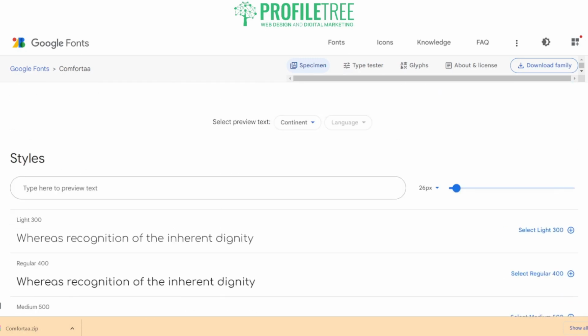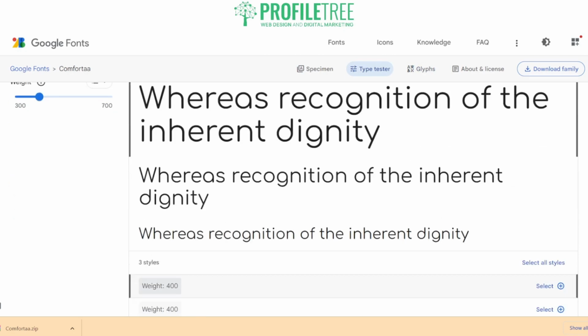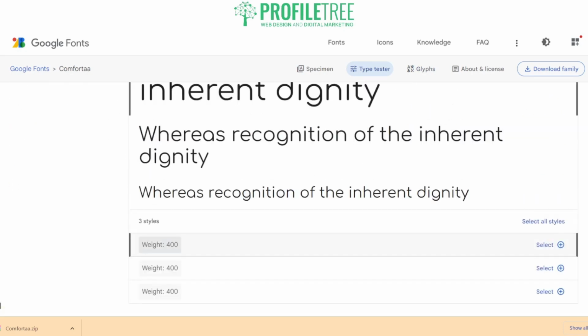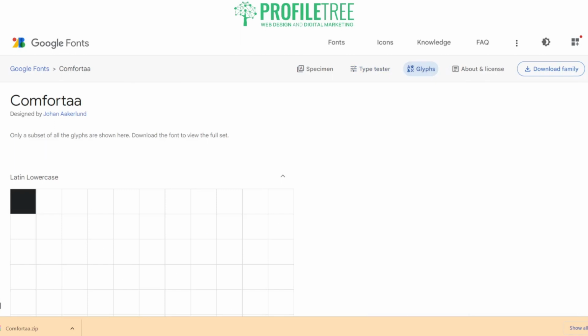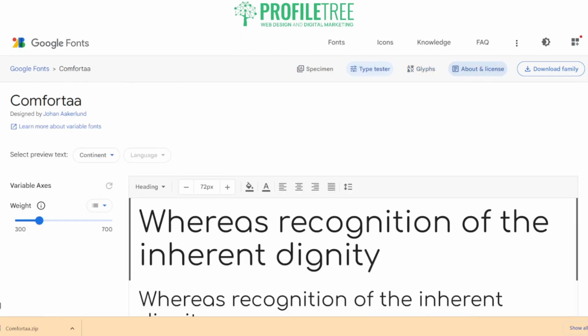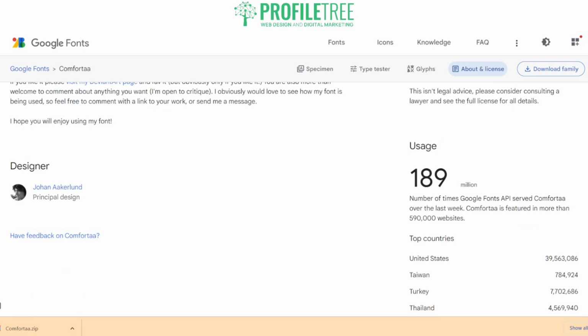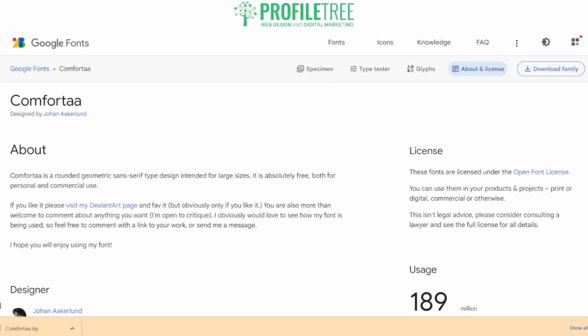But yes, what we'll do is we'll take a look at the actual Google Fonts later on in the video when we're picking out a font that we'd like for a website. So just a quick overview there. You've got the type tester as well. You've got glyphs. You've got a couple of pieces of information about it as well. So if you want to know more about the licensing, there it is. So that's the designer. But anyway,